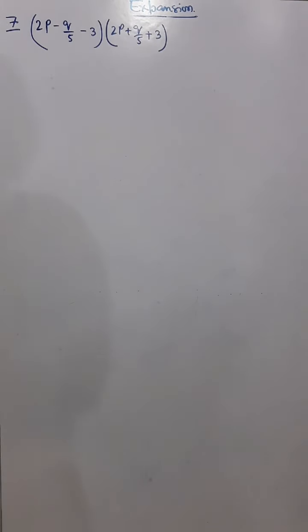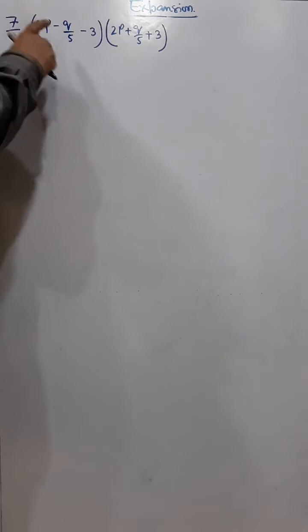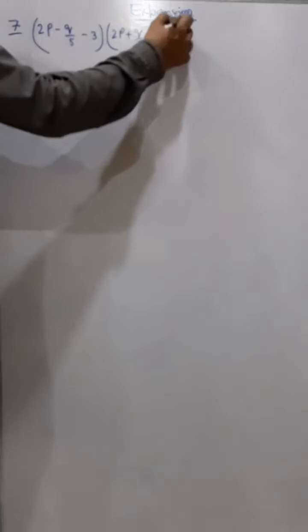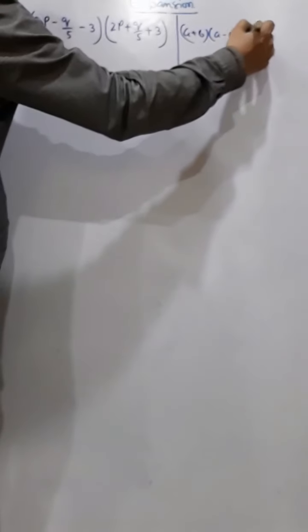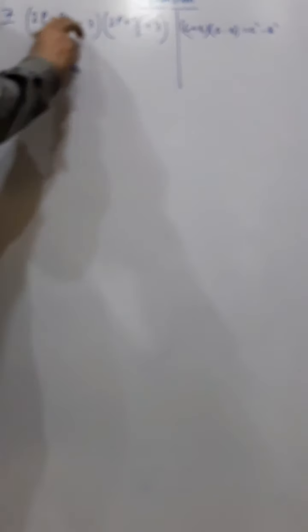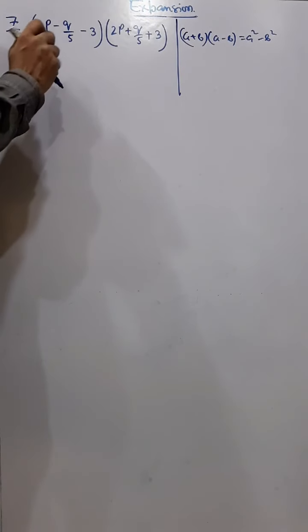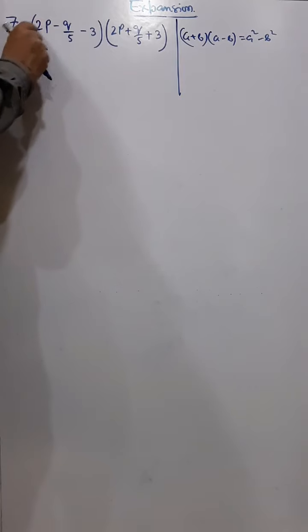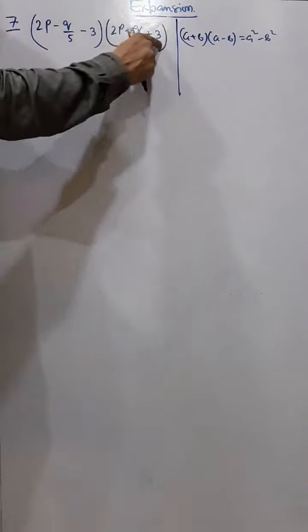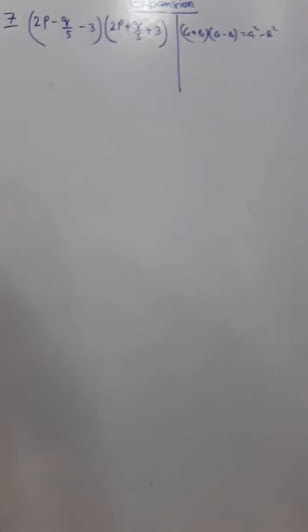Okay, another sum, just like 5 and 6 that we have done. But in this sum you can see that simply arranging will not do. Whatever way you arrange, you will not get that a plus b into a minus b format. So I can't take these two first, because here you have plus, here you have minus. Similarly I can't keep this one separate and these two separate again, because the signs are different.